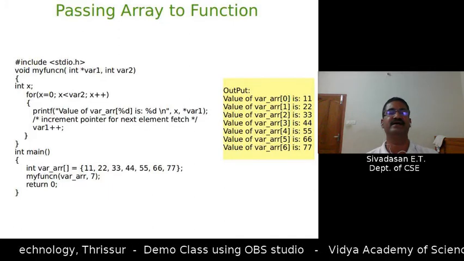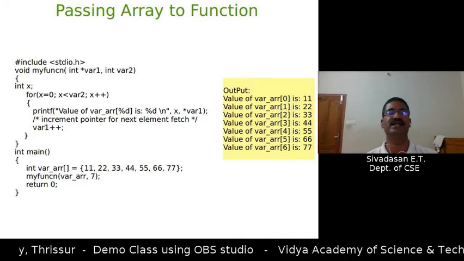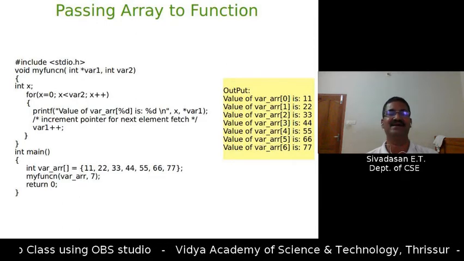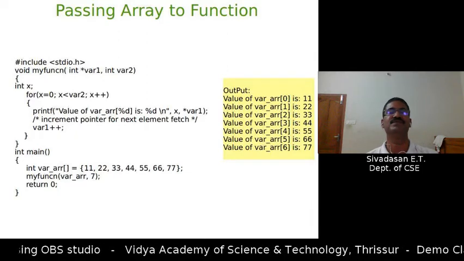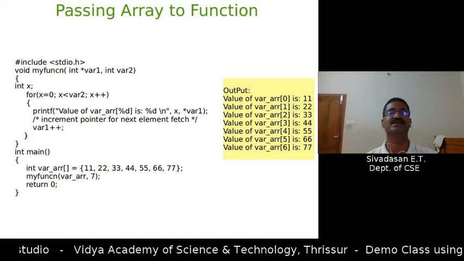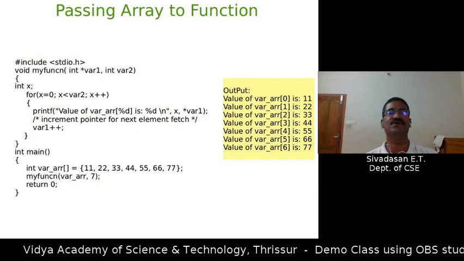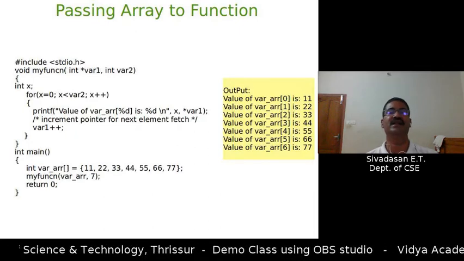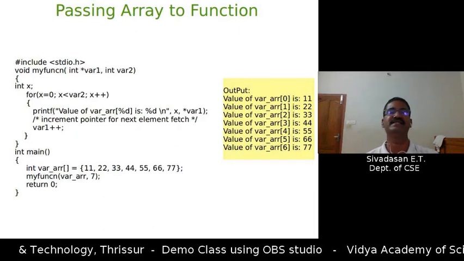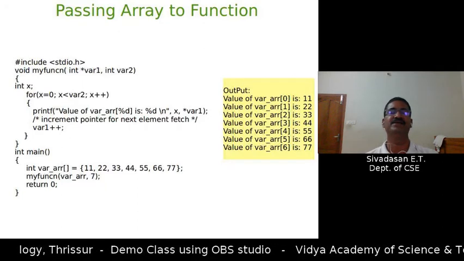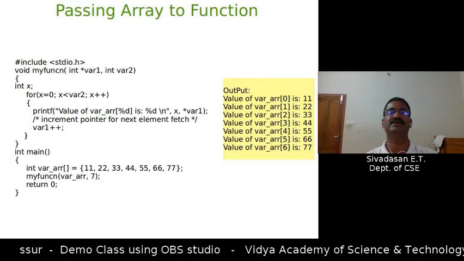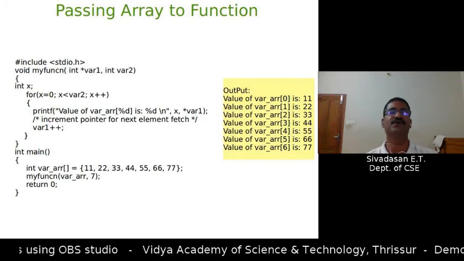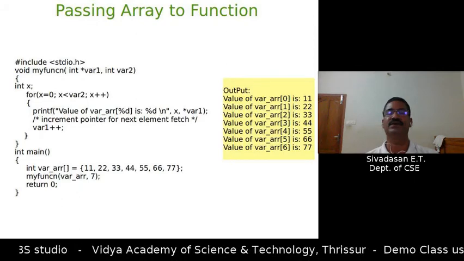Then, while calling the function, we are passing the name of the array. The name of the array is nothing but the address of the first value, so this parameter takes an address. Using this concept we can pass an array to a function. In the function, like we have seen in the previous slide, each and every element of the array can be manipulated, printed and traversed. Different operations can be done using a for loop. Okay, this is what I wanted to explain.